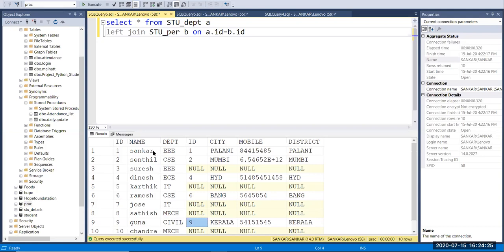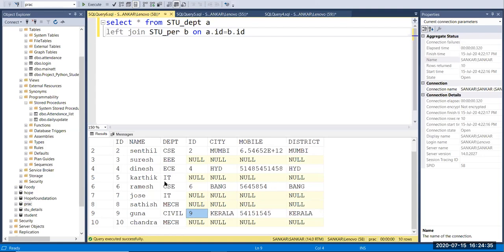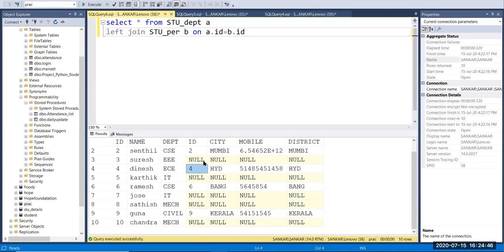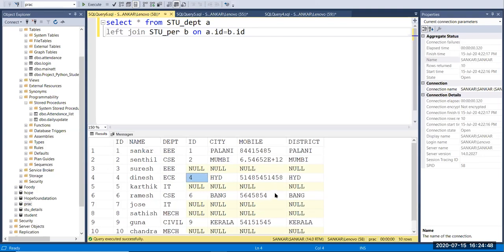In the left side table we have id, name, dpt. These are the left side table, and id, city, mobile number, district are the right side table, right? So we have 10 ids, and each id has its data in the left side table. But in the right side table we have only 5 records, so the remaining are placed as null.